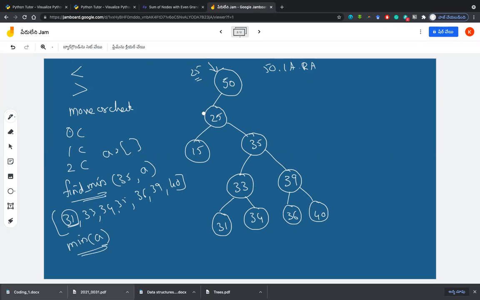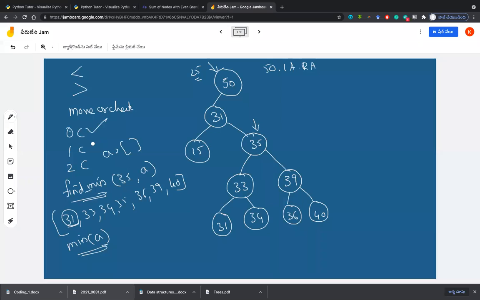So what happens now? You are at 50. Either you move to 25 or you stay at 50, whatever it might be, you should change the value from 25 to the minimum value. You changed it already. Now it's your turn to delete that particular one. The minimum value should be deleted. So again, you send this 35. From here, the traversal starts and finds where 31 is.